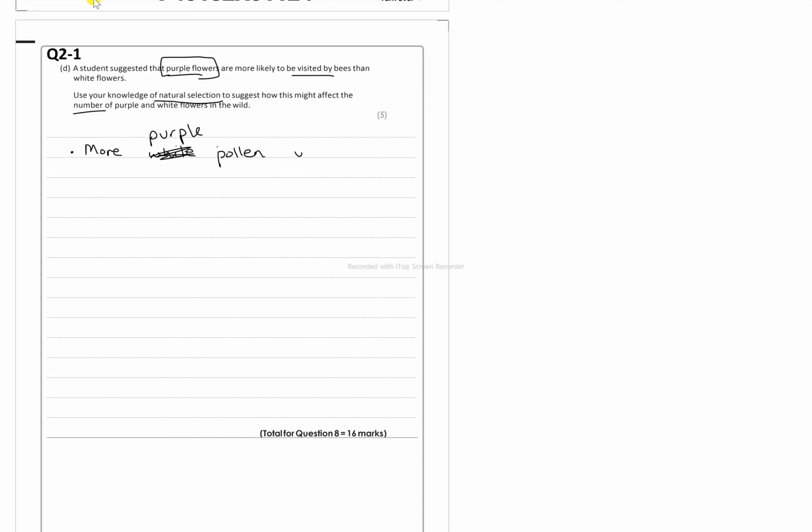More purple pollen will be transferred to other flowers. So what will happen because of that? So purple flowers will be produced, since as the